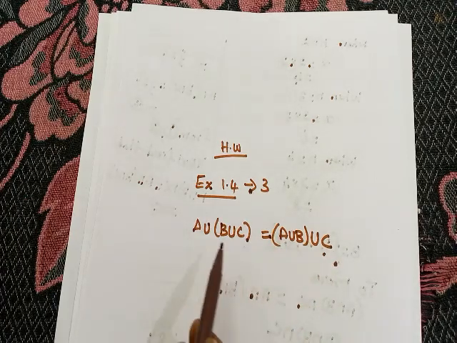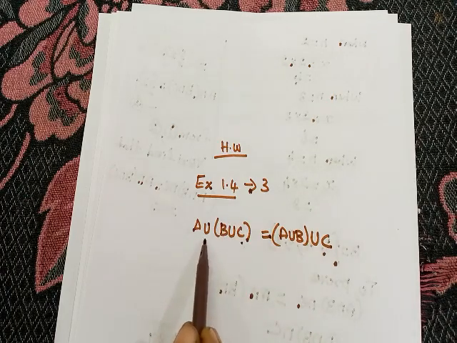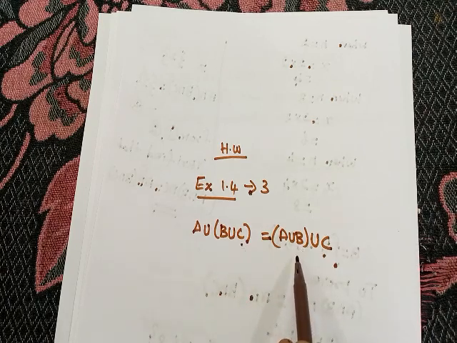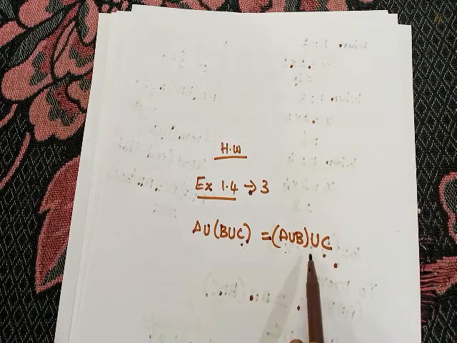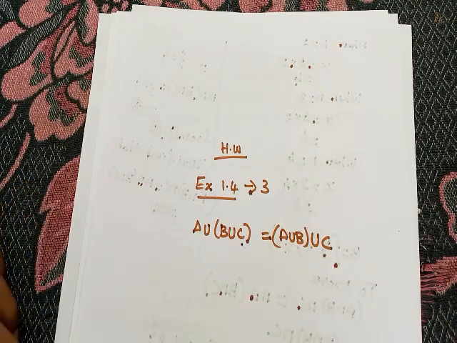So first of all, you have to write the A, B, C values. After that, the bracket inside, B union C. Then A union B union C together. That is equation number 1. After that, the RHS set. First, the bracket inside we have to find out, A union B. Then A union B, bracket, union C. So do it, learn the classwork portion properly and do the homework.